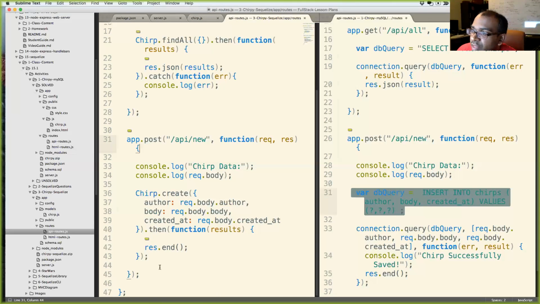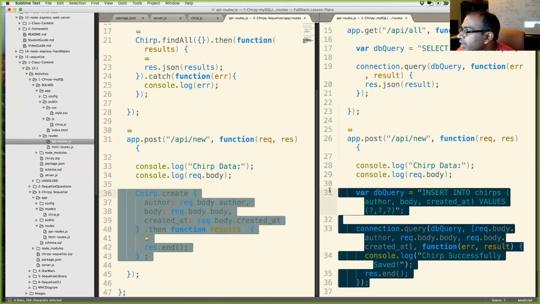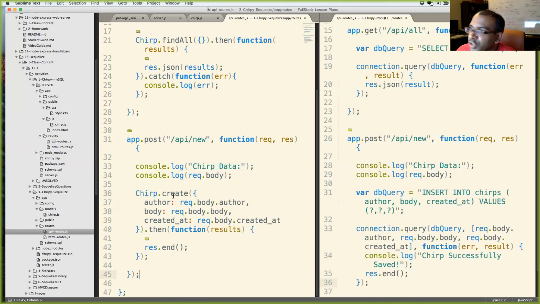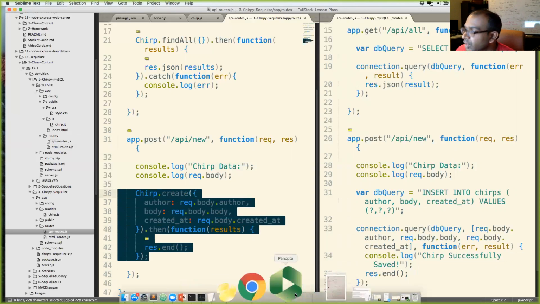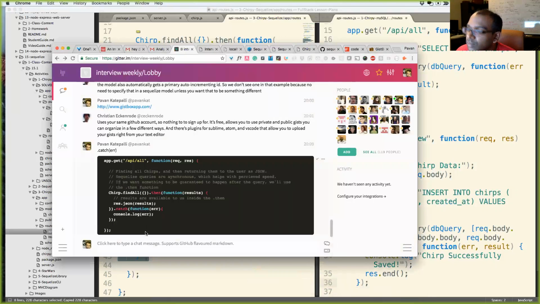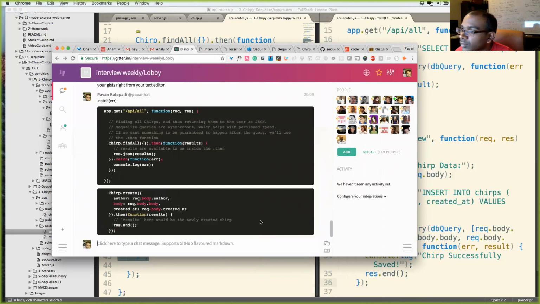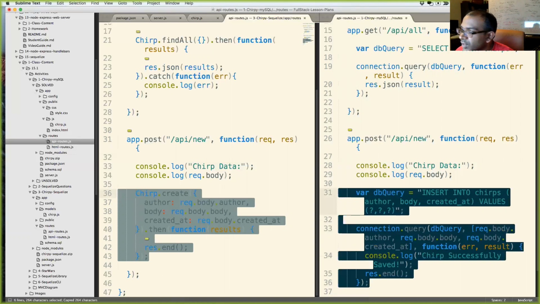Okay, so this is the same as this right here. We're just inserting into the chirps table. So I'm going to copy this and paste this into the getter. And copy this and paste this into the getter.